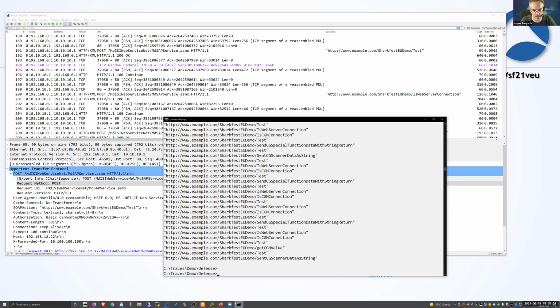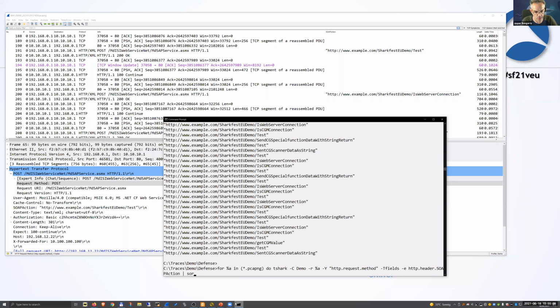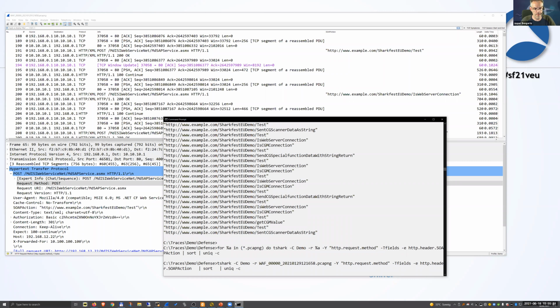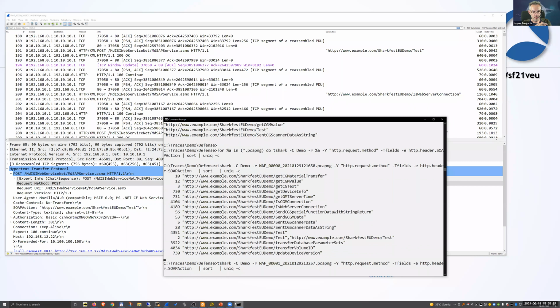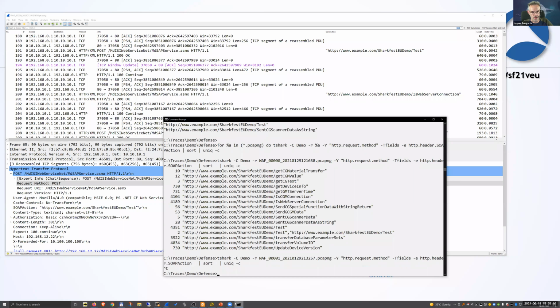So you can see that a lot of calls are repeating themselves. So what I usually do here is now pipe that into sort, which is a Unix tool, which I download from SourceForge usually, and uniq, so that it gets sorted and then it gets uniqued, and I can add a counter so that it counts for me how often it found the communication or the parameters. And now we wait until it's done. And I only used 6 files here, so it should be relatively fast. And there it is.